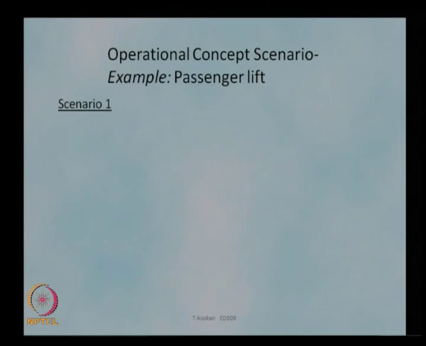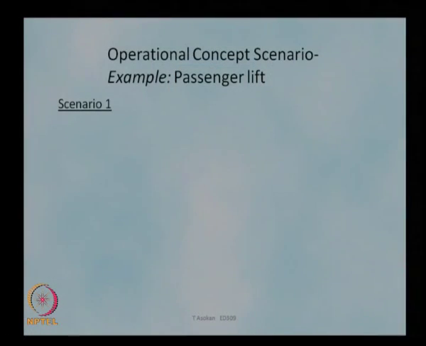So, in order to develop operational concept scenarios, we will try to identify various operational scenarios which we can think of. For example, take the case of an elevator, which is very common in most of our buildings. If we want to develop an elevator system for a particular building with multiple elevators or a single elevator, we will make a very simple concept scenario, where we say that we have two elevators on two sides of the building or two different locations, and they will be serving different floors at particular frequencies or efficiencies or performance characteristics.